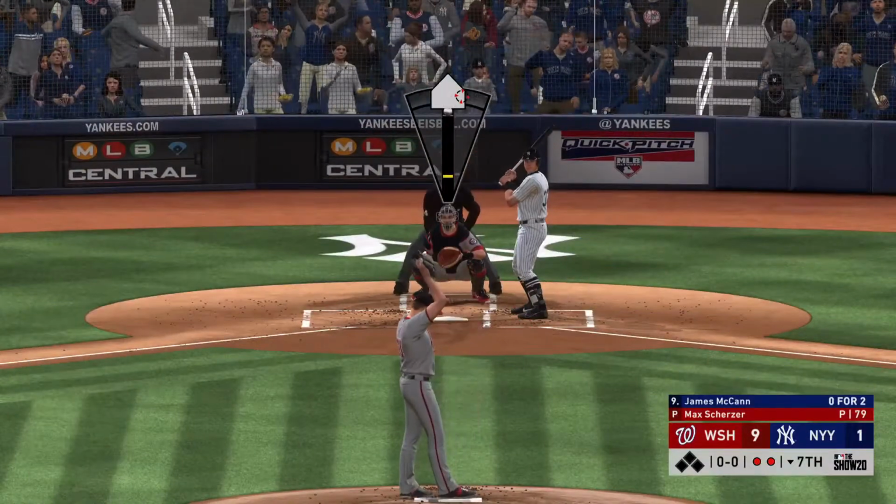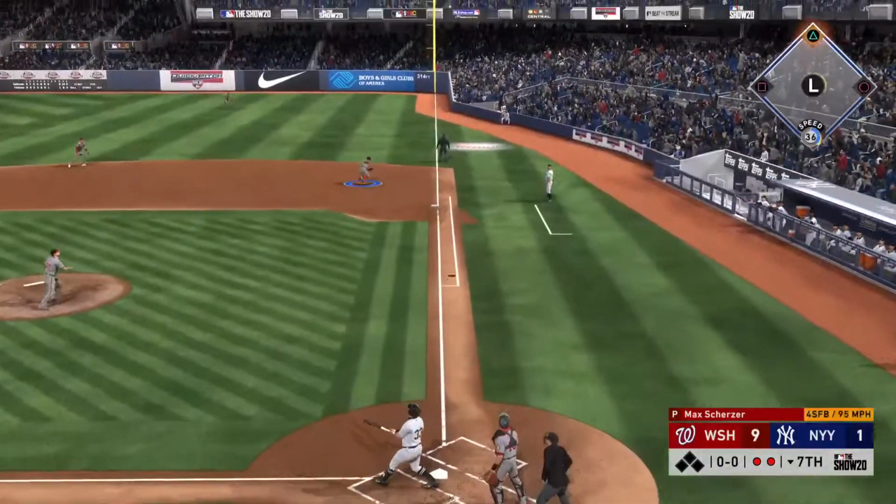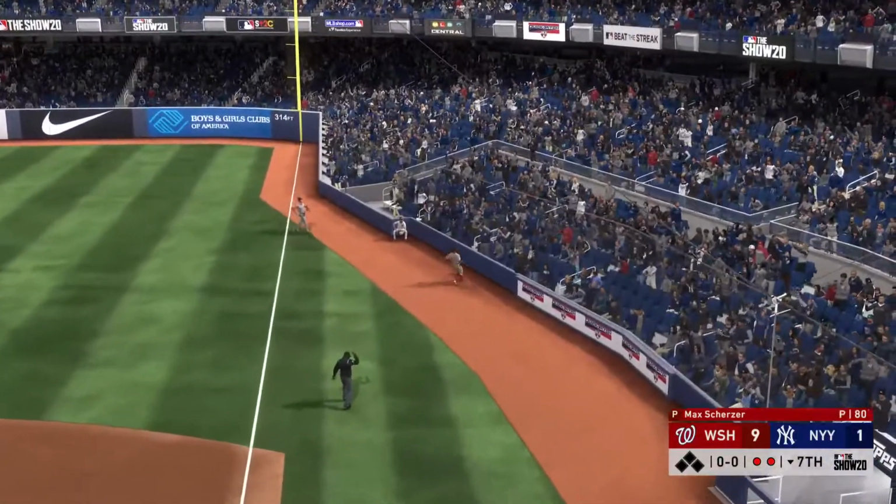In now, James McCann. Number 33. And he popped him up. Back into foul territory behind first. And Kendrick will make the play to...